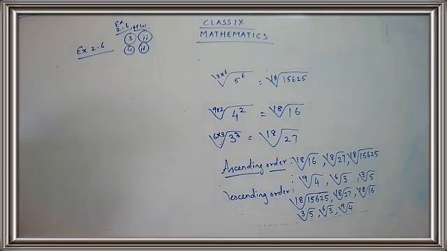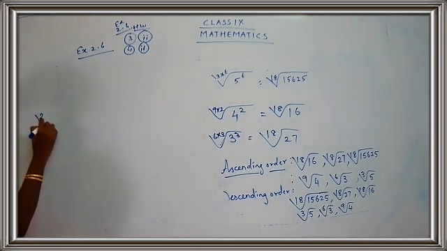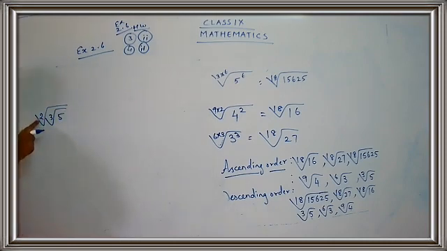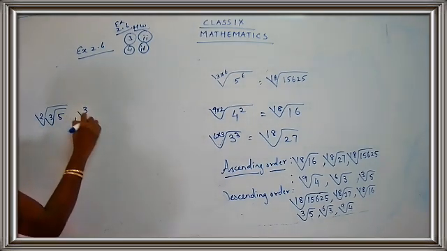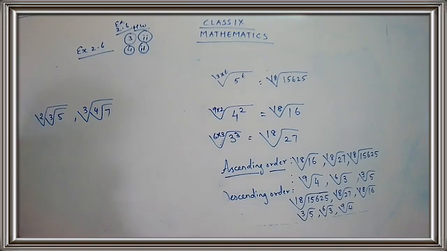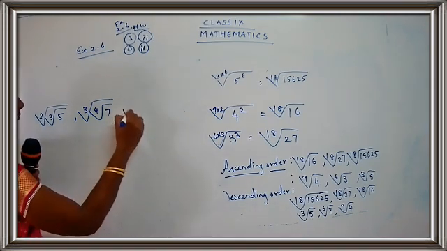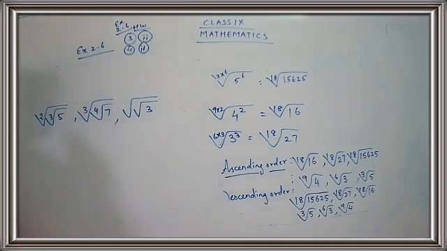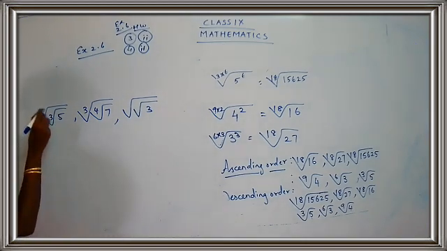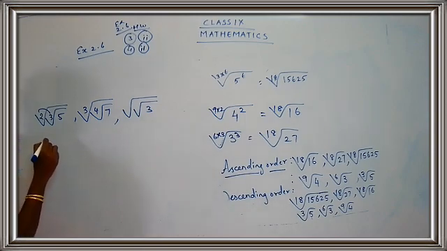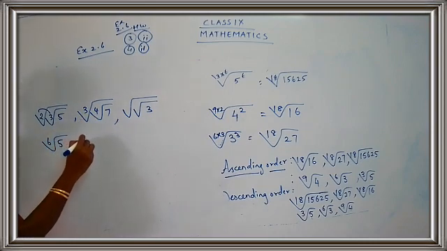So what is the question given, children? Just see the second subpart. It's square root of cube root of 5. And one more, it's cube root of fourth root of 7. And next one. Okay, so just do not get confused by looking at the surds. Now here we have two roots. So what will be the answer here? It will be 2 into 3, 6. You will get here 6th root of 5. 3 into 4, that is 12th root of 7.